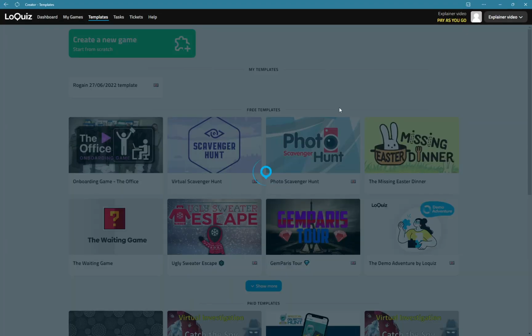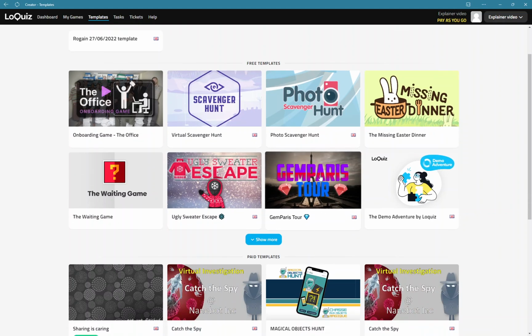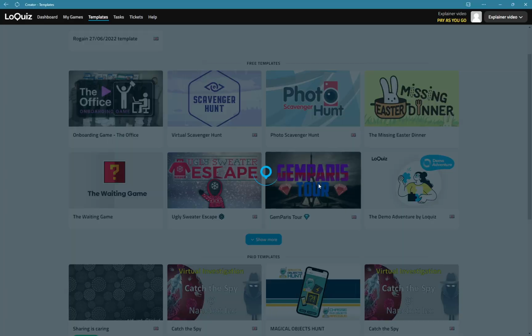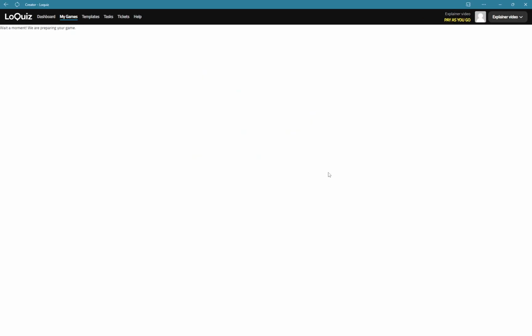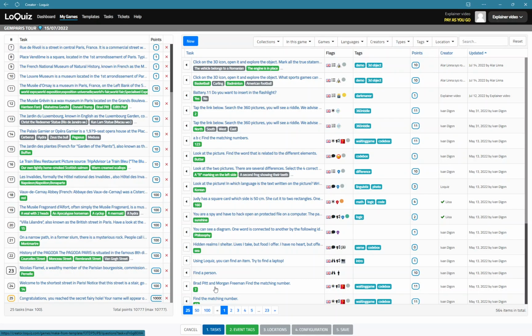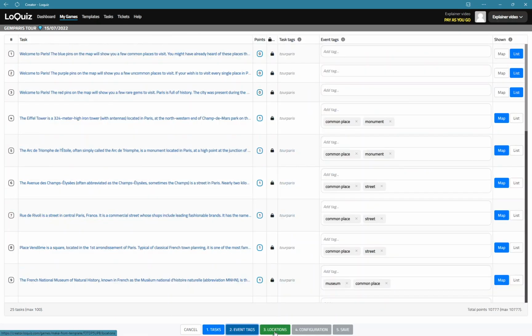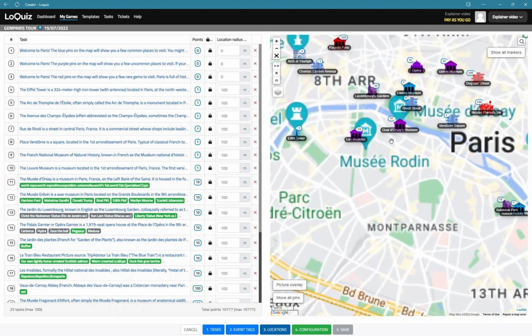Now there are some other concepts that you can actually deploy, and one of those is of course the tour. If you're building a tour, the tour is most probably location specific, and this is a sample of what you can do with the tour: a Gem Paris tour. It's of course set up in Paris, so it has already those locations from Paris in it, and it also has locations actually set in